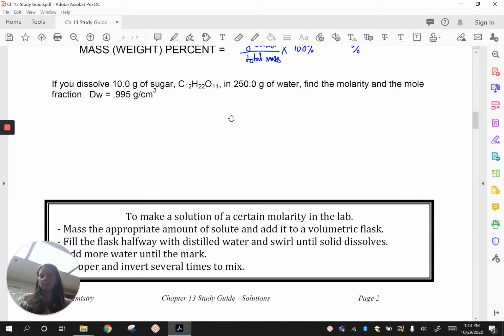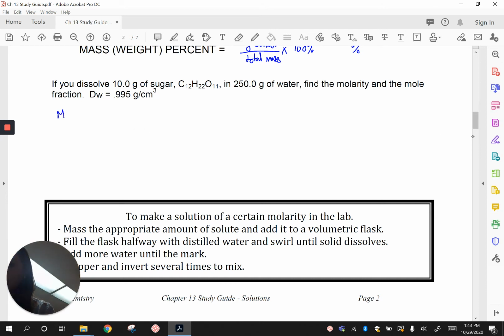Let's try a problem here. It says if you dissolve 10 grams of sugar, C12H22O11, so it's a sucrose stable sugar, in 250 grams of water, find the molarity and the mole fraction. And they give us the density of that water. Let's start with